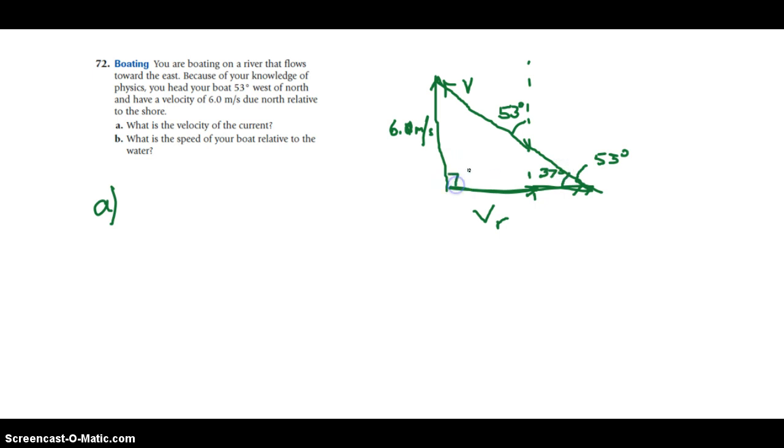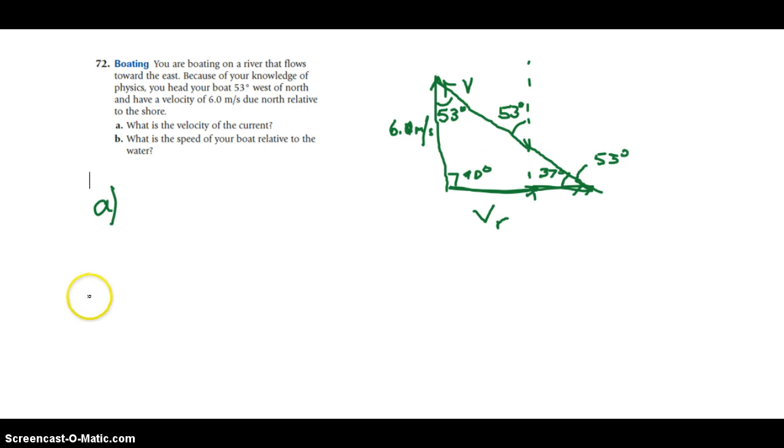And we know that this is 90 degrees. So finally, we can say that this angle up here, since it's also kind of an alternate interior angle to this 53, or we know that the angles of the triangle have to add up to 180, we also know that that angle is going to be 53. So now we have quite a bit of information that's going to help us solve for all of these missing